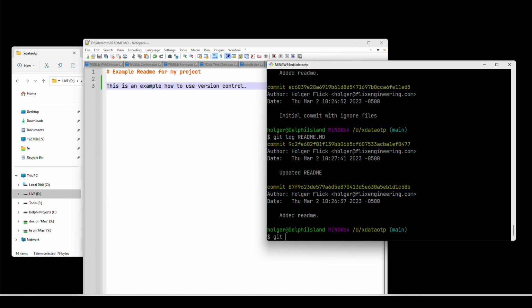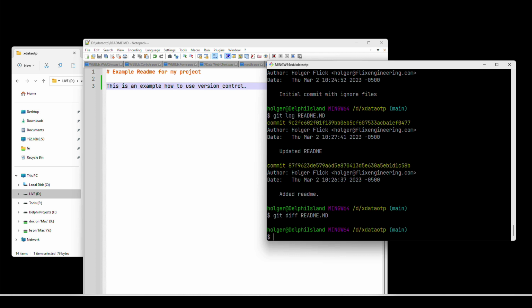And then, of course, you can also say, what did I change? Git diff readme.md. And there is no change because it always compares with the last commit. This is something I have not explained so far.